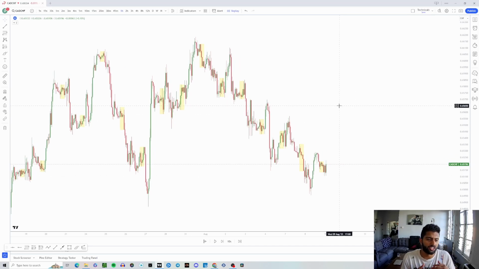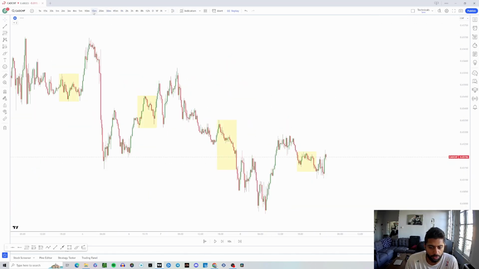I ended up missing this entry, but I did journal it after, why I missed it. The night before, my girlfriend went to a Taylor Swift concert, so I picked her up and got back super late, so I slept super late. So yeah, I slept in that day and missed this entry, but regardless, I saw it, and even though I missed it, I journaled it and made sure I noted down why I missed it. So let's get into it.